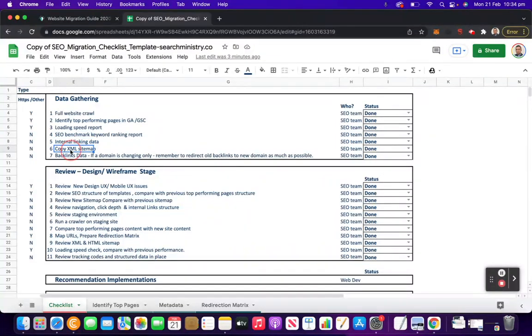Copy XML sitemap. This is not that critical, but you can copy the sitemap if you need it. The other thing is, especially when you are doing a domain change, it's important to check the old website backlinks. One of the common issues that we face when people are migrating, especially to a new domain, is that the old domain had a good backlink profile, but